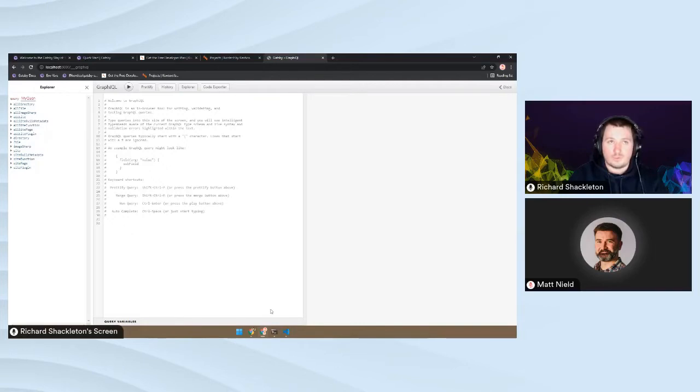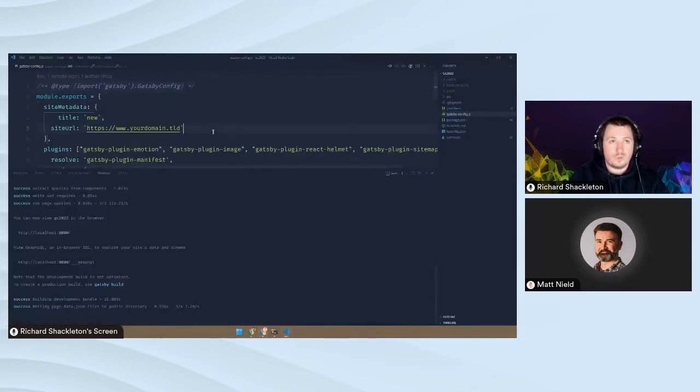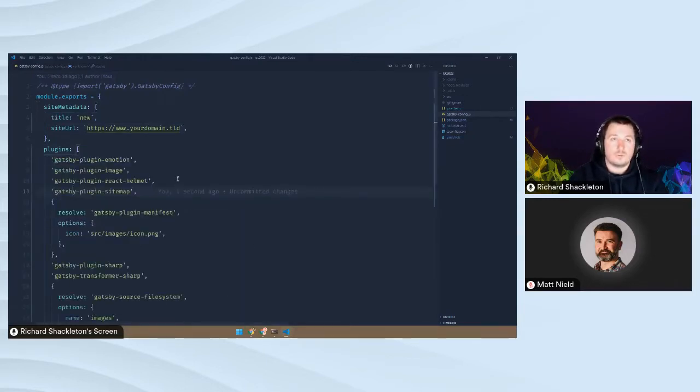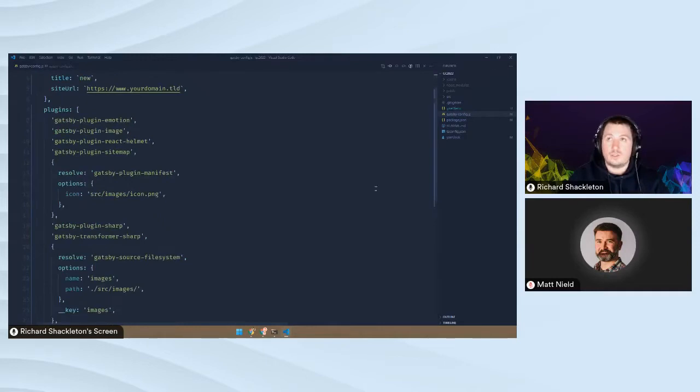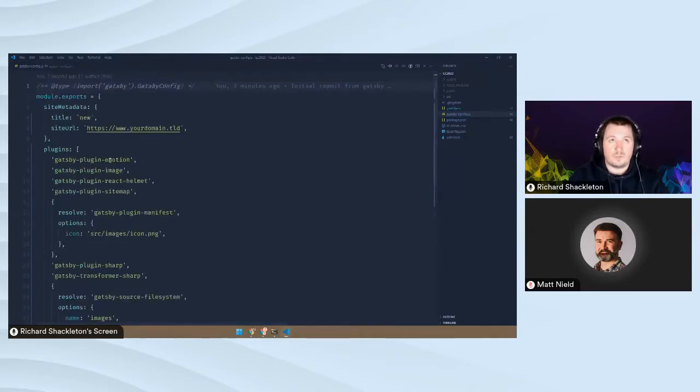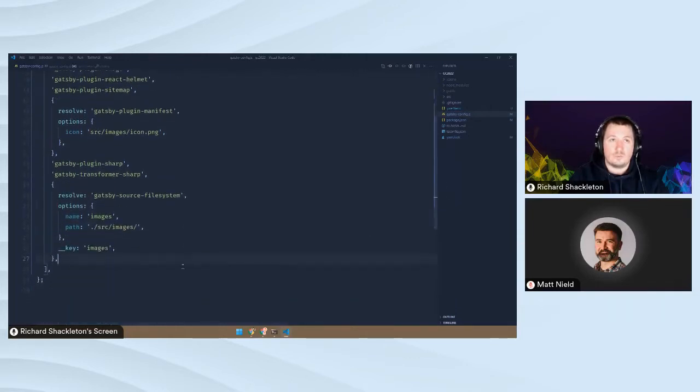So the next thing we're going to do is have a quick conversation around environment variables and configuration. One of the things that you will often find yourself needing to do when it comes to configuring Gatsby is you'll have your Gatsby config file, which by default we can see has included the plugins that we installed as part of the wizard here. So if we go down, and if we wanted to add a new plugin into here, we would add our code in there, and then we can pass in any parameters as options, as you can see with the gatsby-source-filesystem plugin there. Anything that you would want to be configured per project,